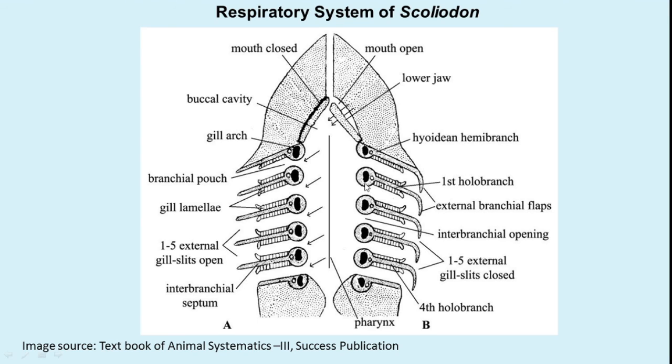Between the water and the lamellae that have blood vessels, gaseous exchange is going to occur. The oxygen is taken into the blood by endosmosis, and CO2 passes into the water by exosmosis. So when the water is flowing from here, the oxygen will be taken in and CO2 is going to move out. The spiracles are occasionally used as accessory pathways for the entry of water for respiration.